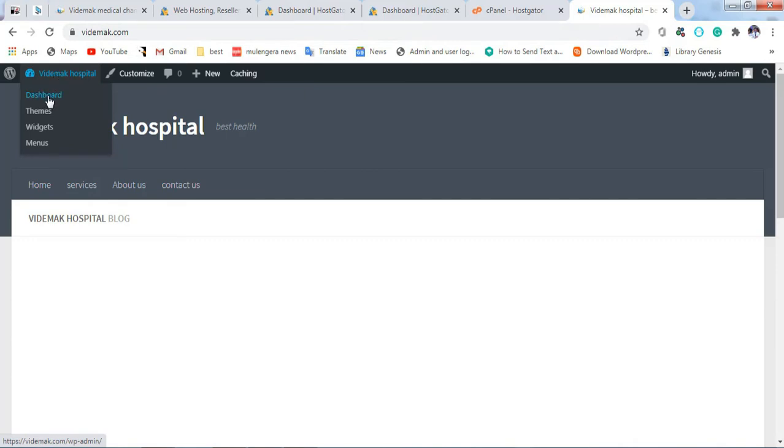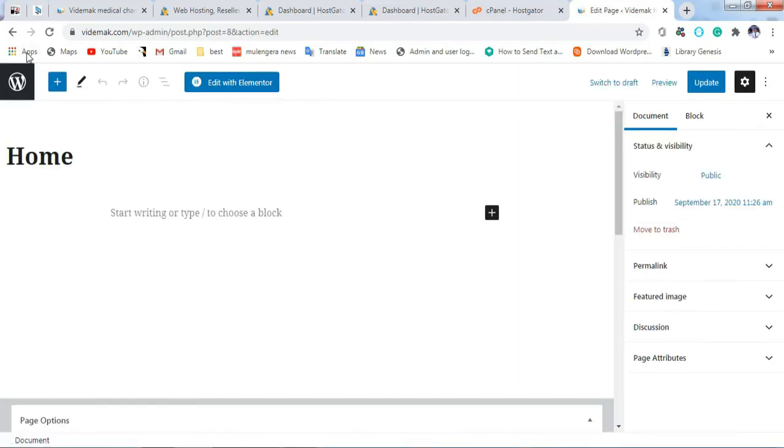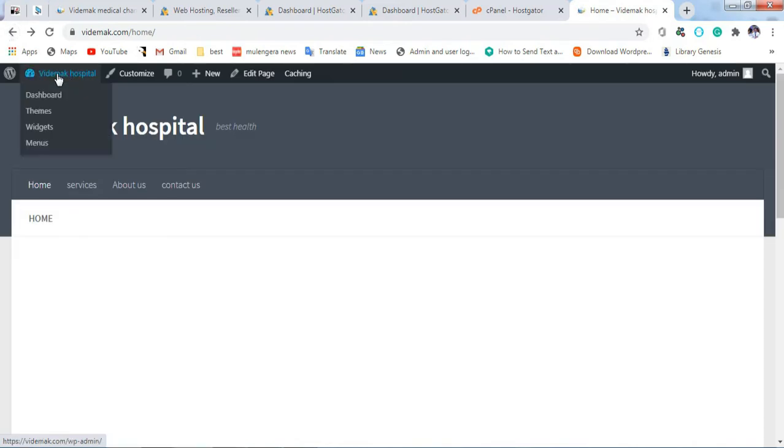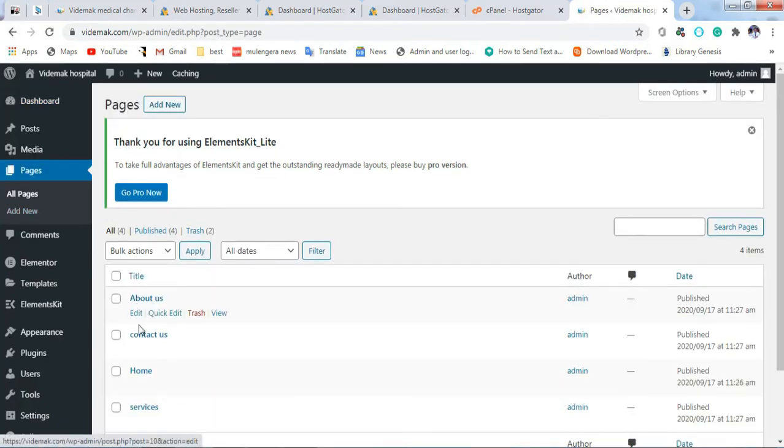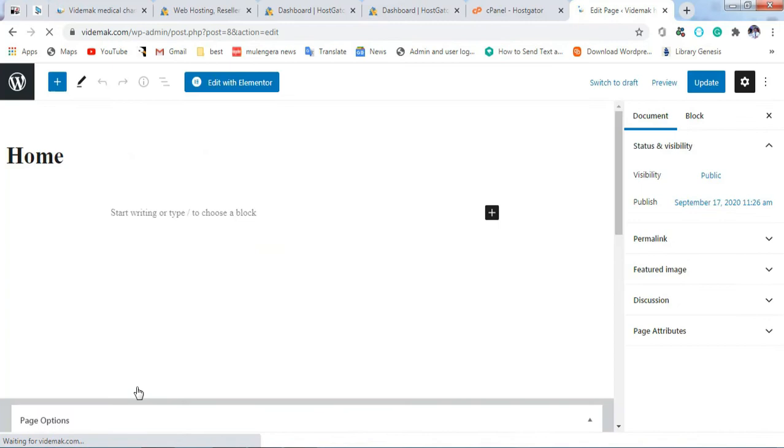To design them, you can decide to go back, or you can, for example, this page, you can click on Edit Page. If you don't want to do that, you can just come on the dashboard. Then on the dashboard, you come to Pages. You're going to select the page that you want to edit. Then you click on Edit Page. It will also open the editing